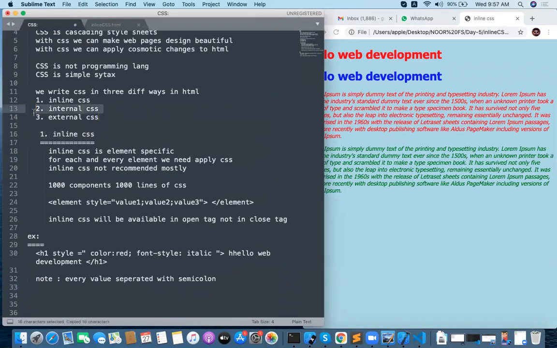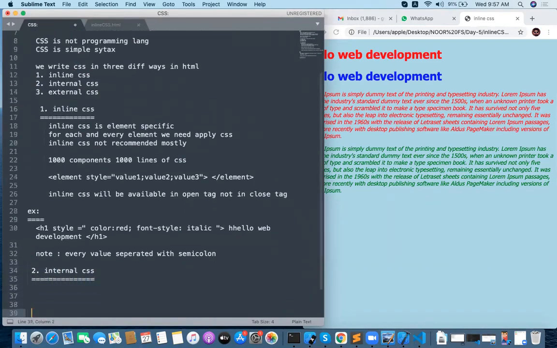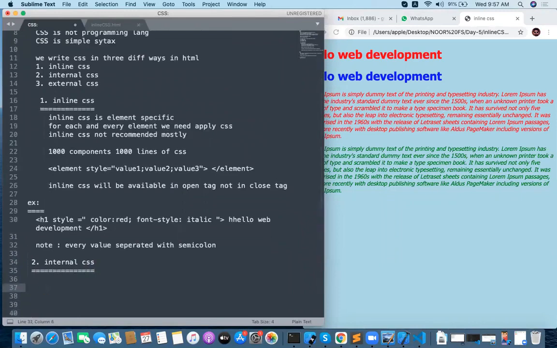And the second concept is very simple, straightforward. What is that? Internal CSS. How to write internal CSS? Very simple. Internal CSS will be page level, page specific CSS. Okay, for complete page,